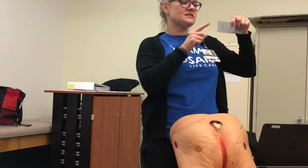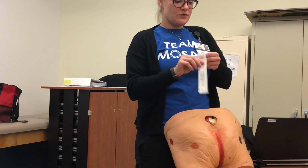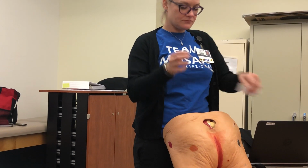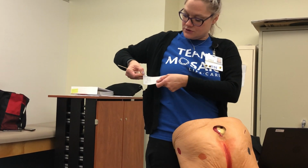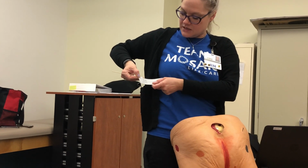Also on these, it doesn't start at the edge. It makes me a little crazy, so always make sure you're starting right on the end. So when you go to measure your depth, you have your cotton swab and you put it in the deepest part of the wound, then you slide your fingers down to the edge of the skin and hold it to your ruler, and that would be about 1.5